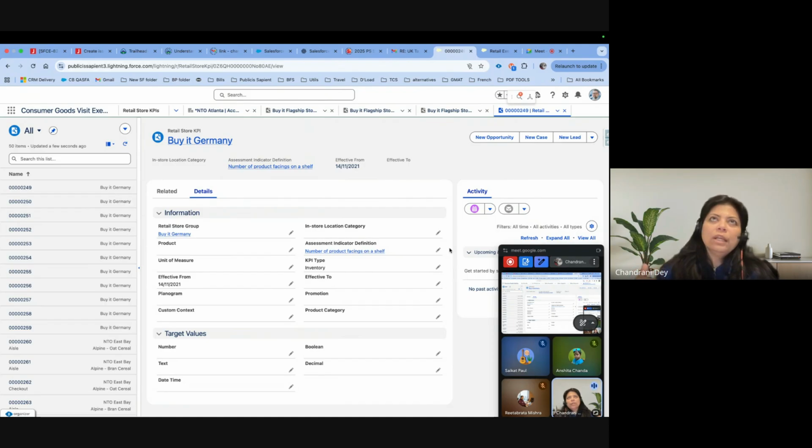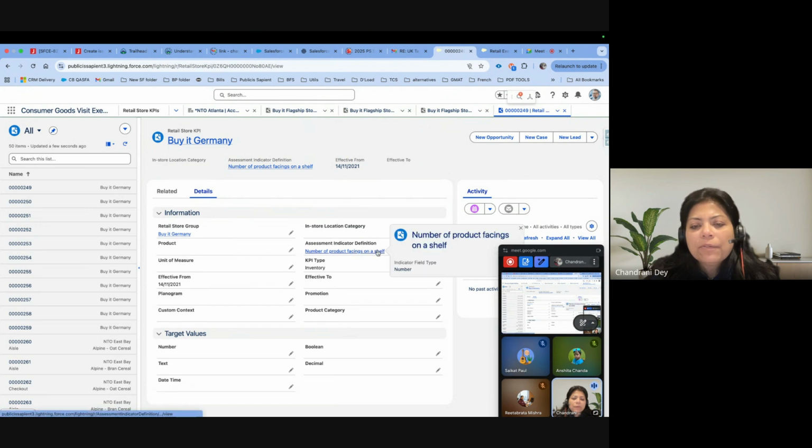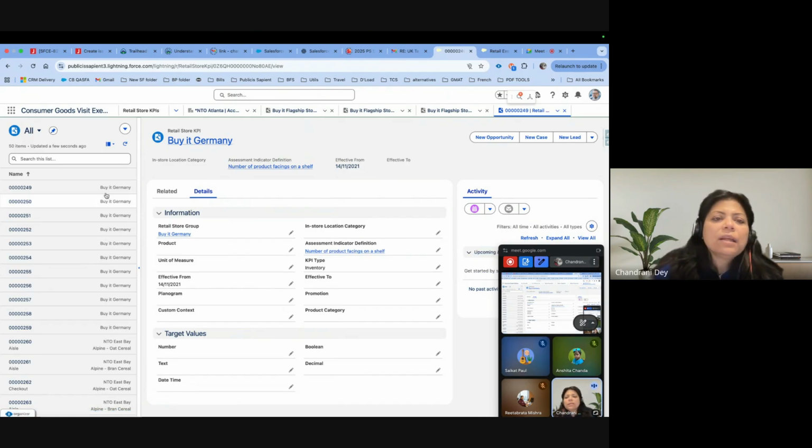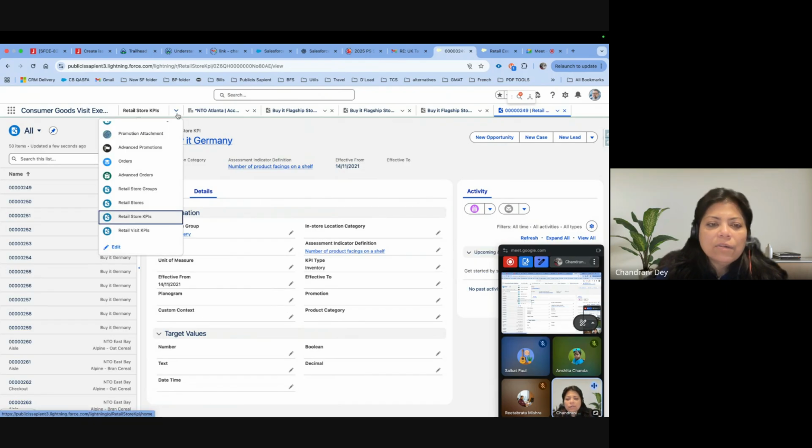If you go down in each step, it has assessment indicator definition. Again, it has assessment indicator. Now, what are the things that you capture as indicators? All of those are part of the KPIs. So KPI is something that maybe we can look at later on.